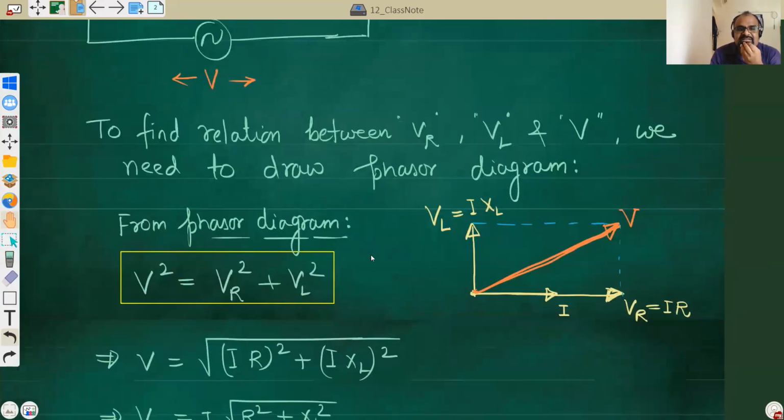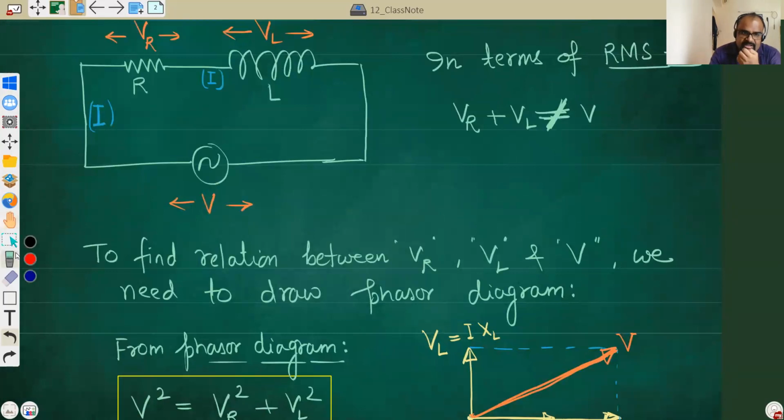So how to find this current? Well, in the question, the value of R will already be given to you. Let's say 4 ohm. The value of inductance will be given to you. Let's say 4 millihenry. Now, this 4 millihenry is not of much use. Of course, it is of use, but you have to first find XL. You know what XL is? It is called inductive reactance. X for reactance, L for inductive. But what is the value of it? Is it 1 by omega into L? No. It is simply omega into L. This time 1 by doesn't come. It comes only in the capacitor. So XC was 1 by omega into C, but not XL. XL is simply omega L.